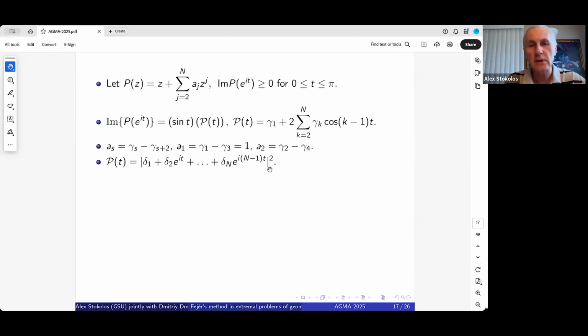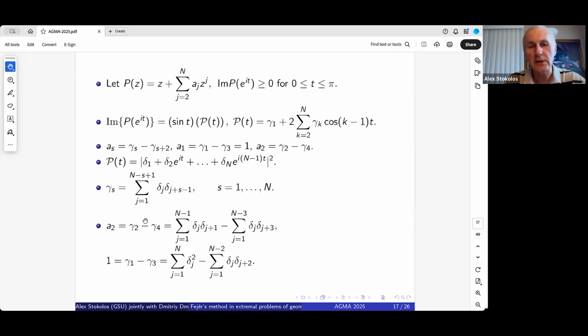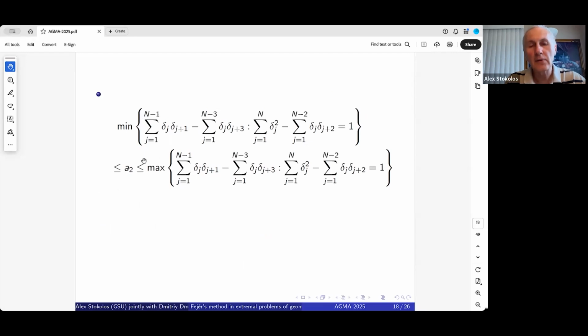And this is the famous Fejer lemma, which says that any non-negative trigonometric polynomial can be written in this form. So we use this lemma applying to this trigonometric polynomial. And the coefficients, of course, gammas and deltas are related in a tricky way, like a quadratic form. And because the first coefficient for z is 1, we have here 1. And we are interested in the estimate of A2, the estimate of this guy. So afterwards, we came up with a problem like that. The estimate for the second coefficient is the maximum of this form subject to this form being equal to 1, and